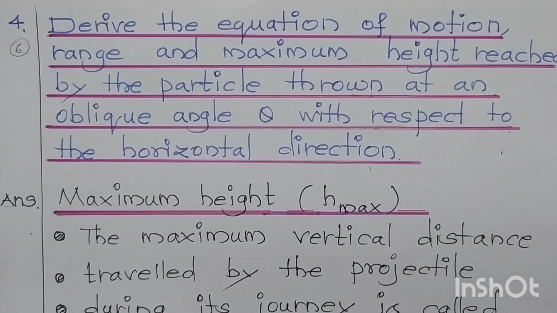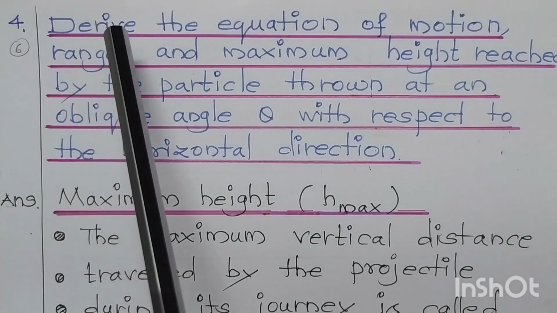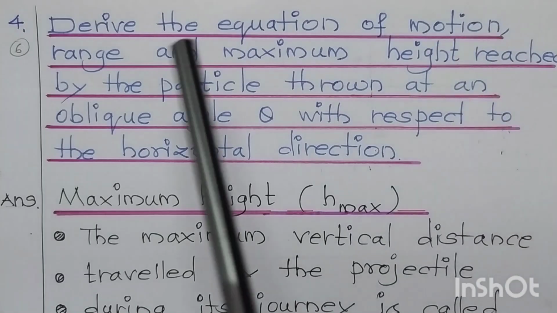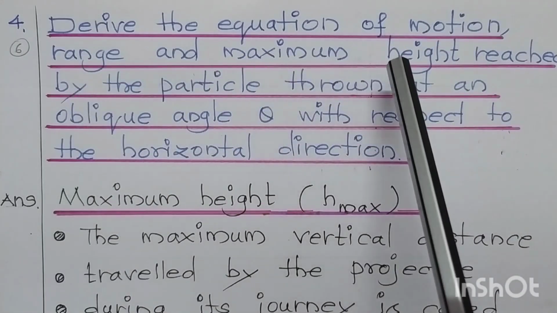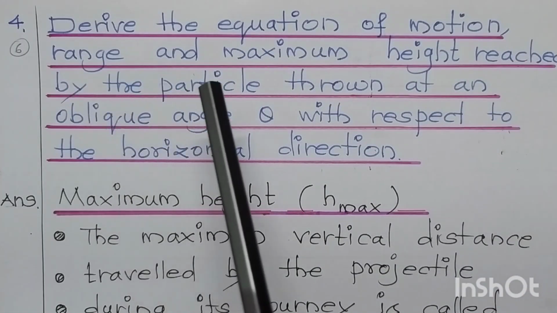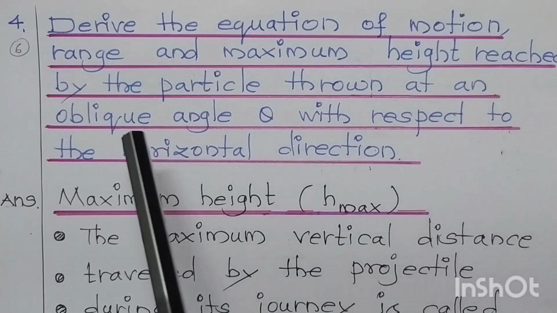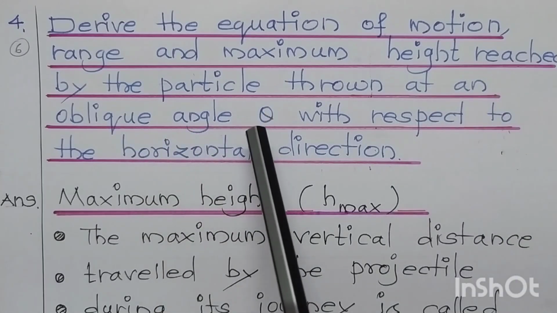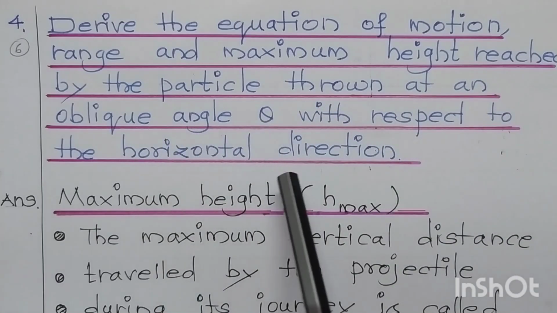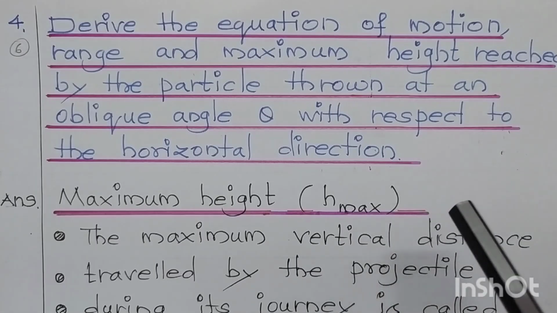Today in this video we are going to see Tamil Nadu State Board Syllabus Class 11 Physics Unit 2 Kinematics. This is the fourth 5-mark question. We are going to derive the equation of motion, range and maximum height reached by a particle thrown at an oblique angle theta with respect to the horizontal direction. So it means